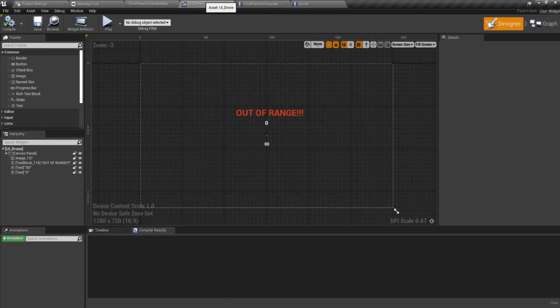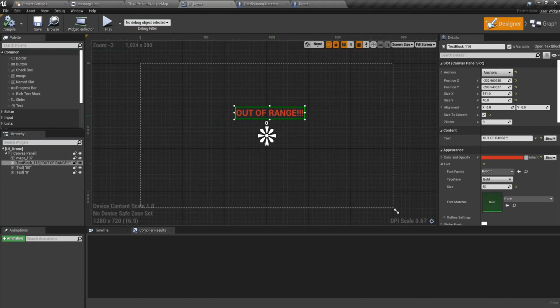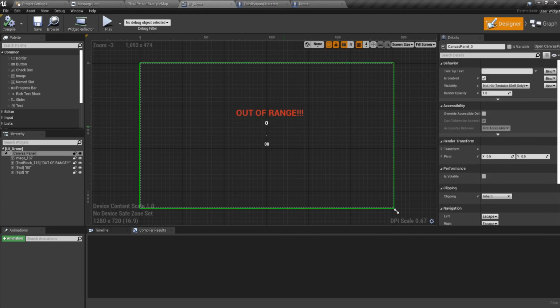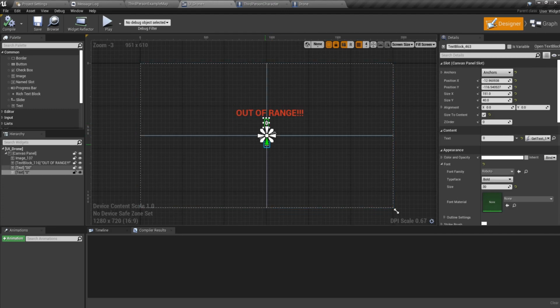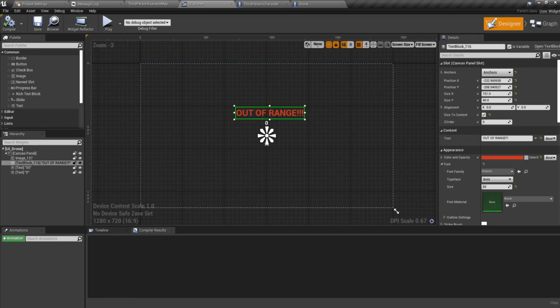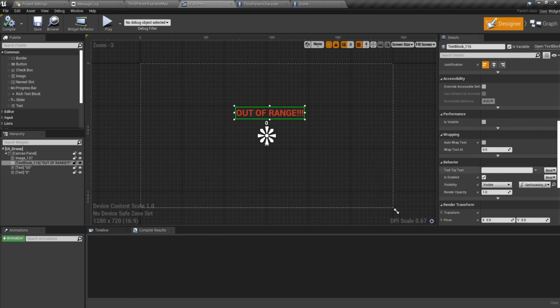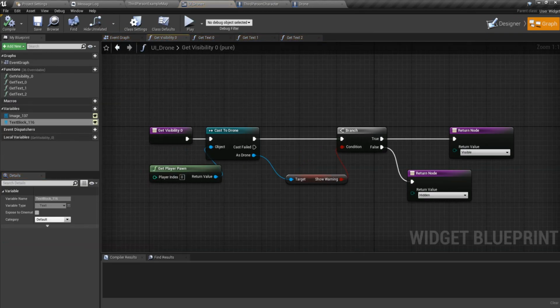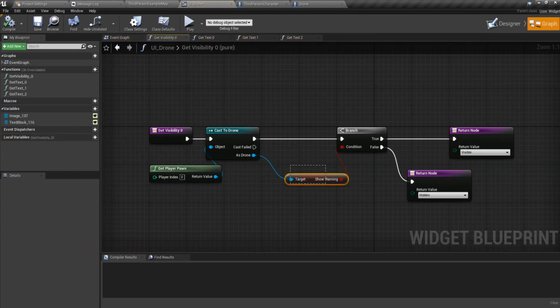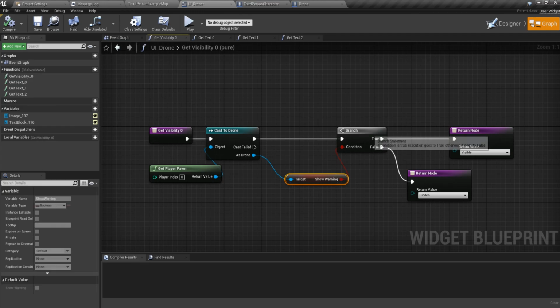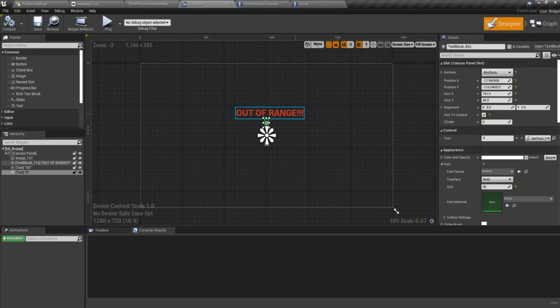And from here we go to the UI. We put in some text over here, three texts basically, and from the first text we are binding the visibility because we don't want it to be visible all the time. So what we are doing is we are getting the drone, we check for the show warning sign. If the show warning sign is true, only then it should be visible. If it's hidden, it should not show up. It's simple as that. Same goes for this